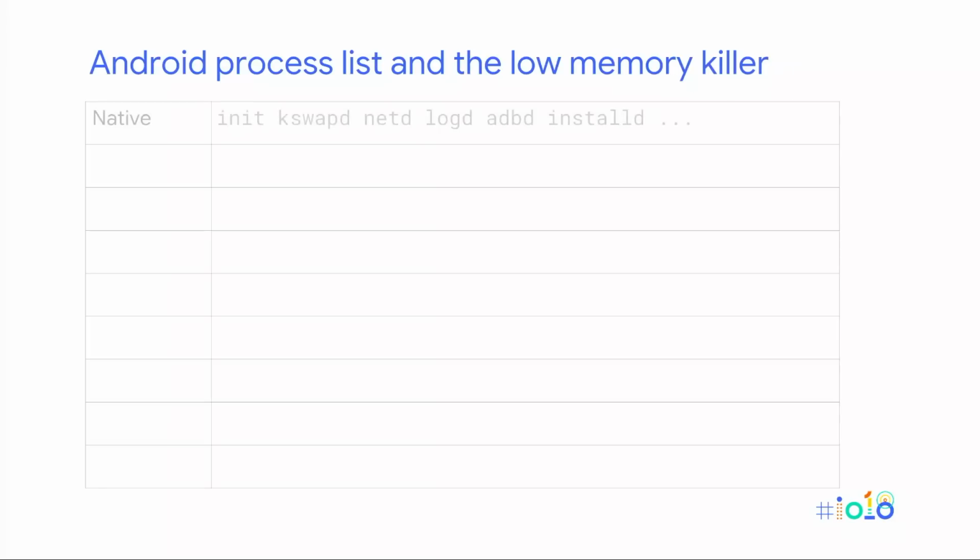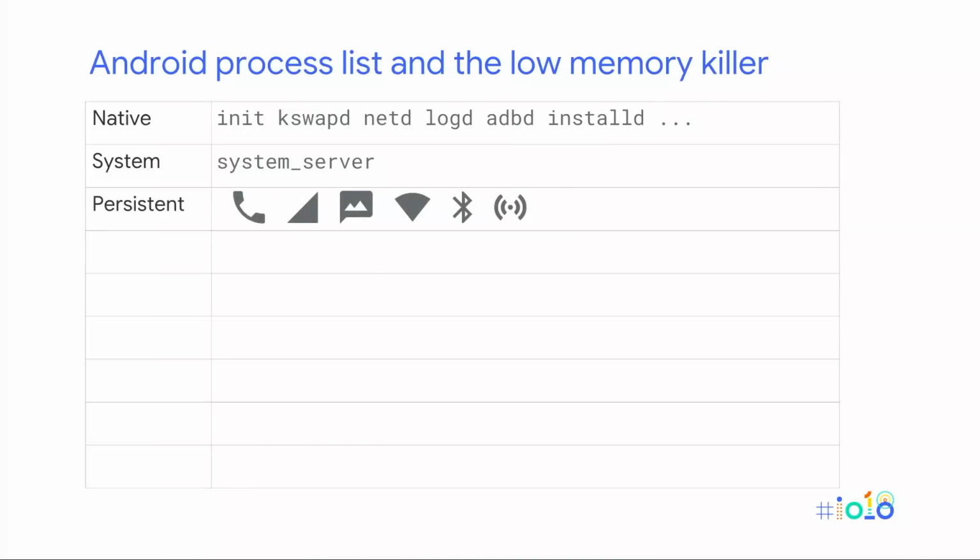The highest priority processes are native processes. These are ones that come with Linux, things like init, kswapd, which I told you about, daemons like netd, logd, and Android-specific daemons, adbd, installd, basically any native process that's running is categorized into this. The next highest priority process is the system server, which is maintaining this list,